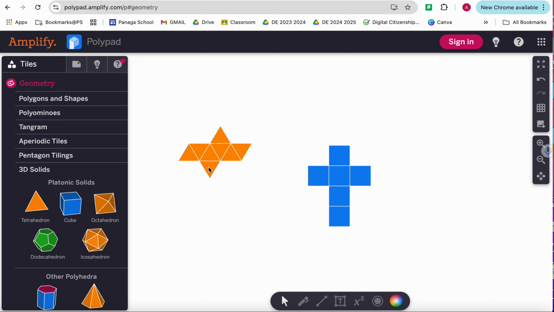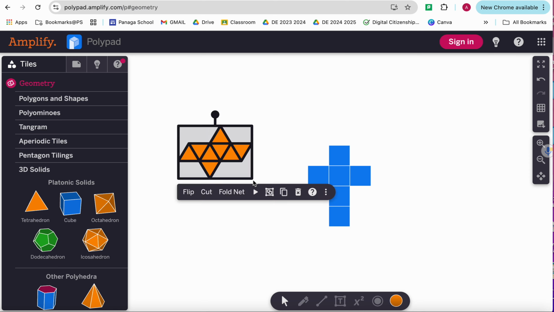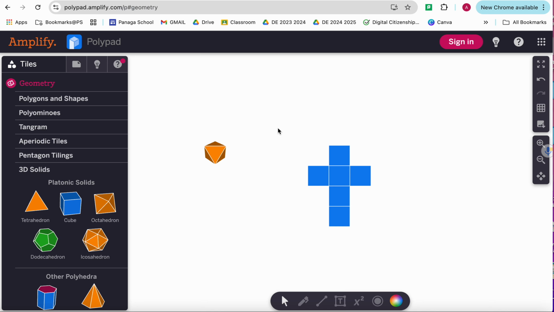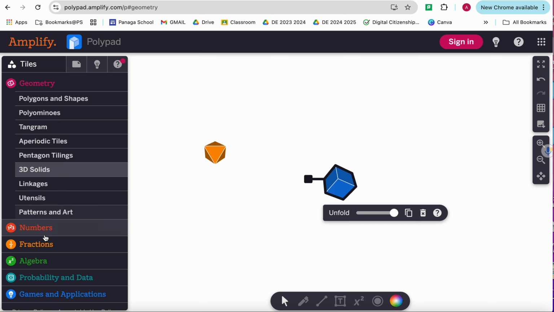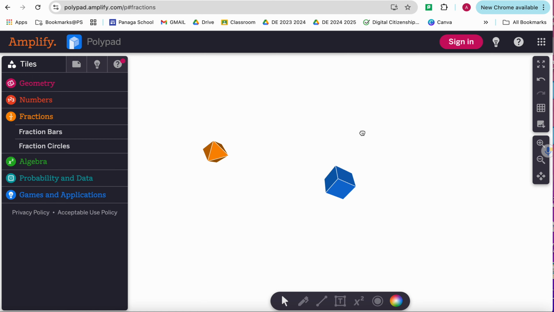As you click on unfold, it will unfold it for you. You can also then click on each section, on each polygon, and you can separate it. You can highlight the whole shape again and you can fold the net again, which is just such a fantastic representation for a class. The second thing I particularly like on here is the fractions section, where you can click